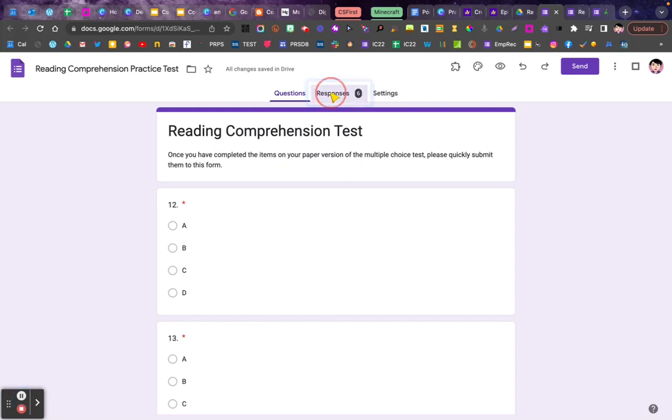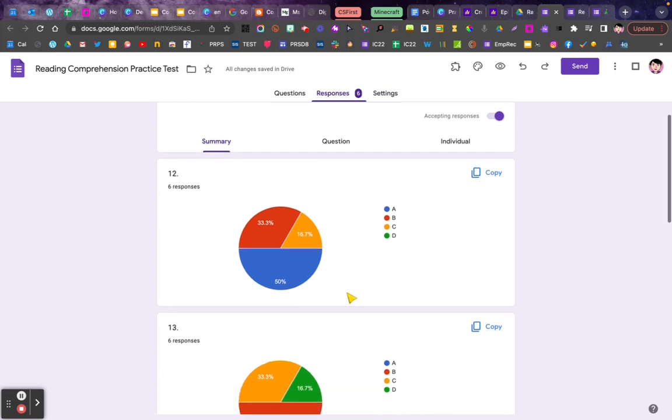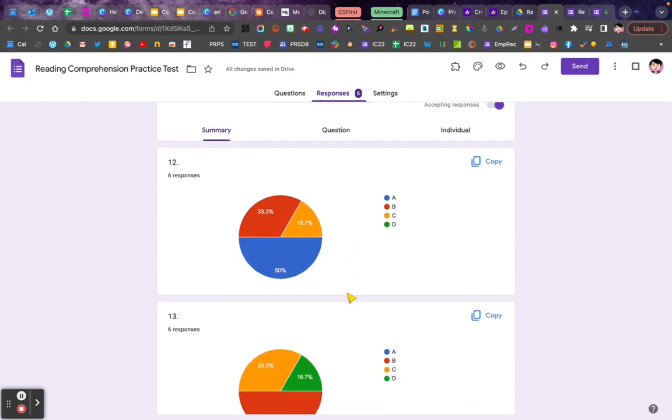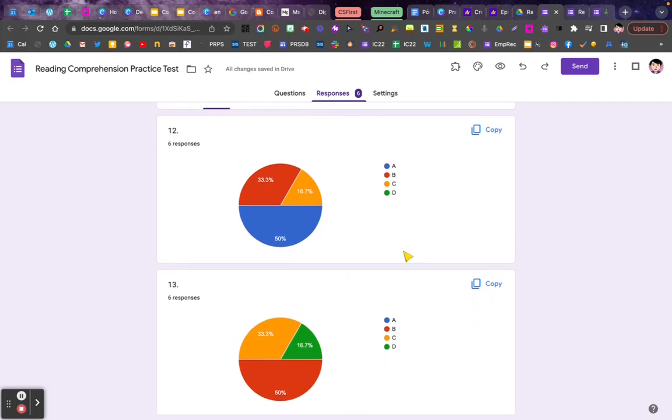So then the real power is when we look at the responses. So now we can see, this is what we would want to show the students. There's no names attached or anything, but we can see here how the students' responses spread out. And more importantly, we can see perhaps what that second best distractor is, and then talk about those 2 questions in particular. And sometimes it happens that they pick the second best distractor most,